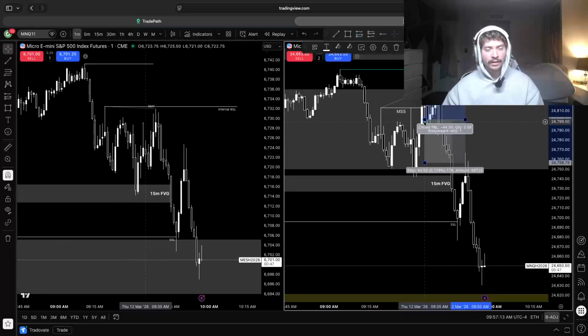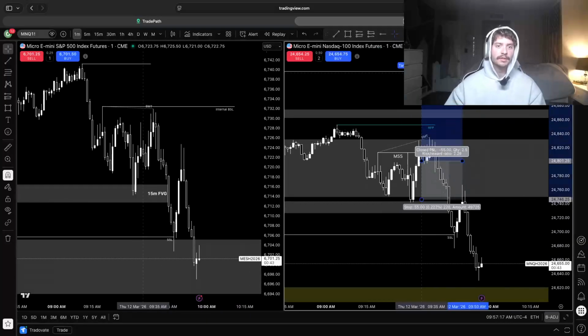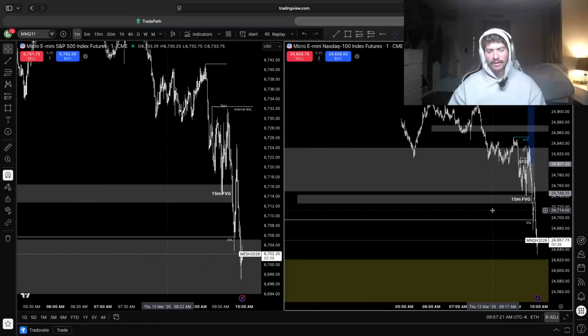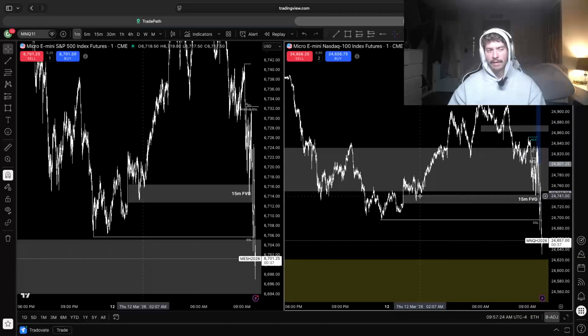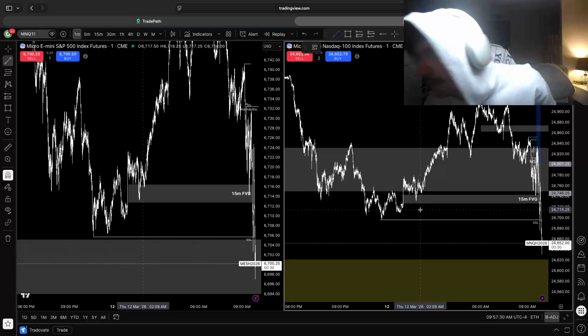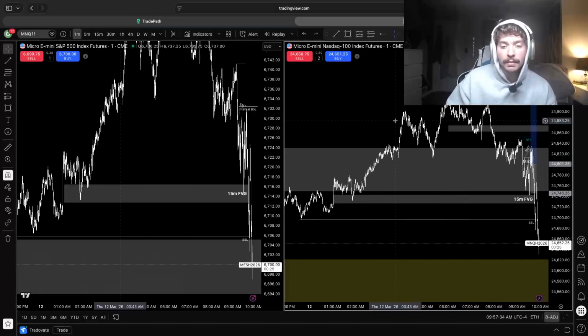But yeah, coming into the day, didn't really have too solid of a bias. Was just watching price. First and only mistake was right here. Price came down, we tapped a 15-minute fair value gap, but there was no SMT, no sweep of a significant low. It was just me being like, oh, okay, we're tapping a 15-minute, let's go higher. It was definitely me just wanting to get involved in something and not be picky.